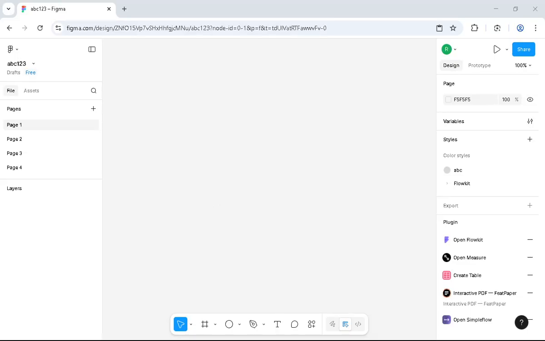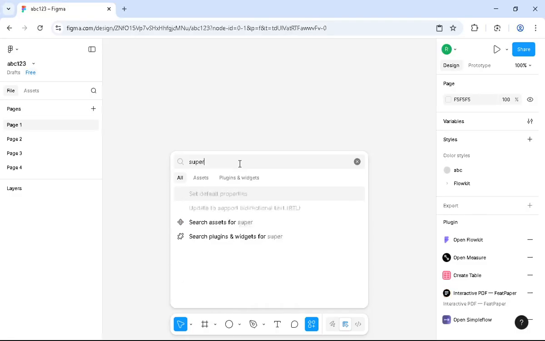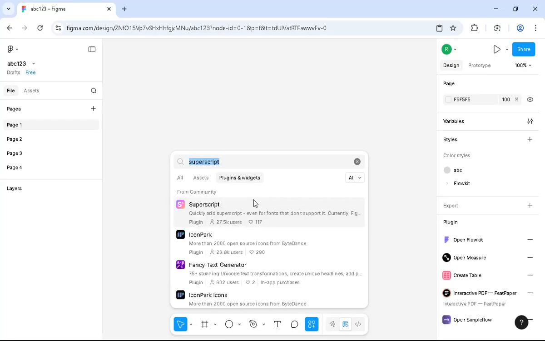First of all, what you're going to do is work with Superscript in this video. So really, first of all, you need to find something to do. If you've done Superscript, you can actually go for the plugin. Use Superscript, by the way. There is a plugin that helps you with a lot of things, but